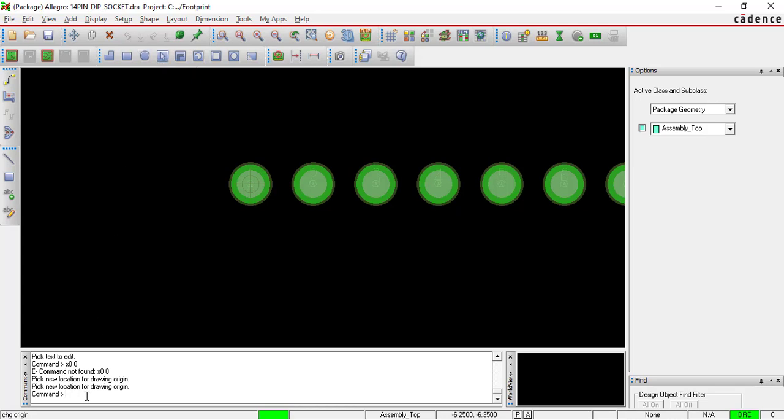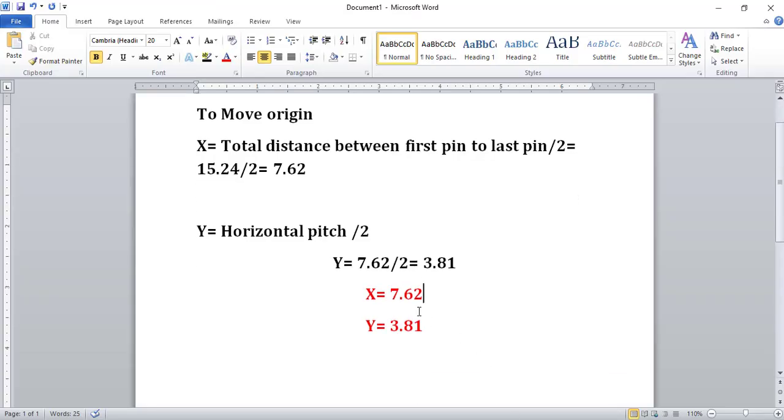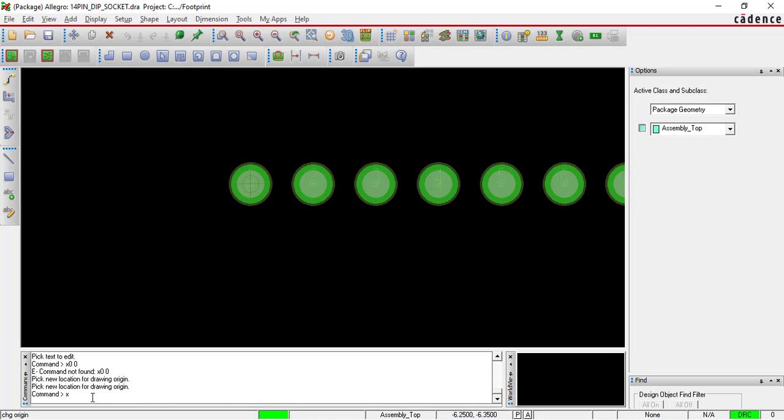I'll click here. X equals, that was our calculation, x equals 7.62, and what was the space?